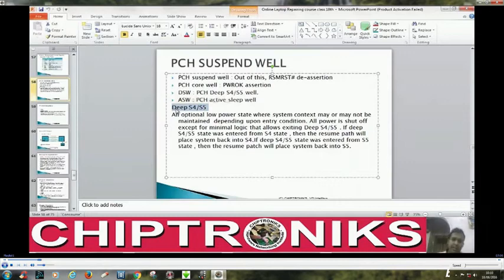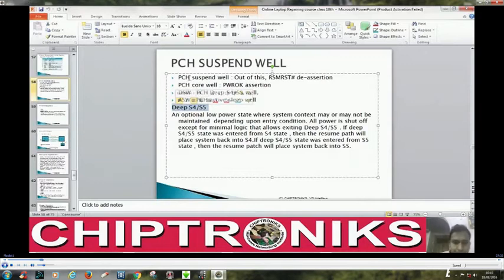So here the energy is conserved up to one more level. So we can say HM67 boards are more energy efficient than HM55 boards, because when the system is not working, we can conserve energy by going into another power well,